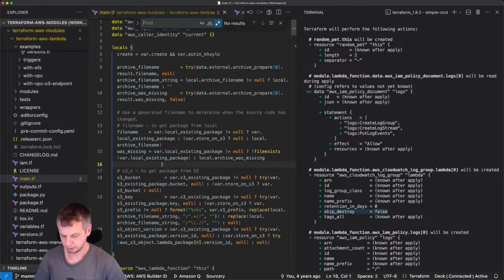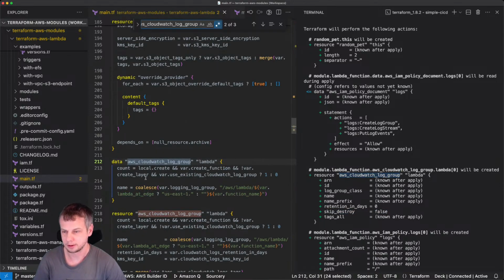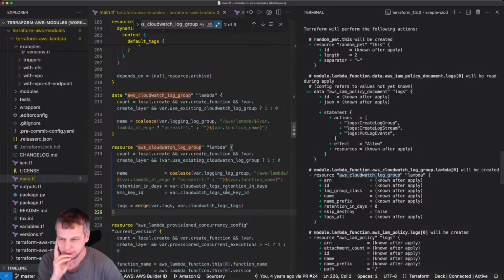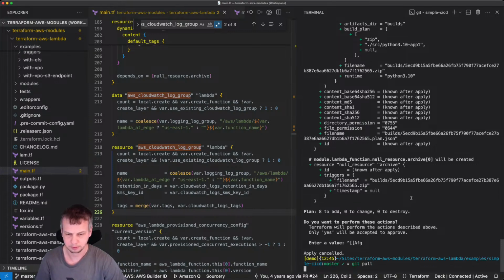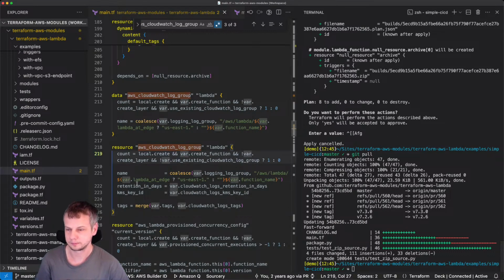Skip destroy is false because there is no way to control it right now. So if I look into the code and search for skip destroy, no, it's not this one. It should be under this resource. Yeah, this resource, which is pretty simple. I actually forgot to run git pull, just because there may be something new.